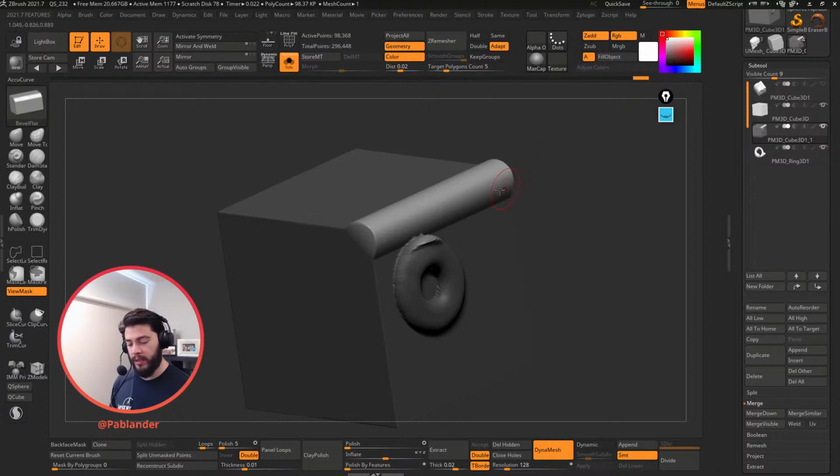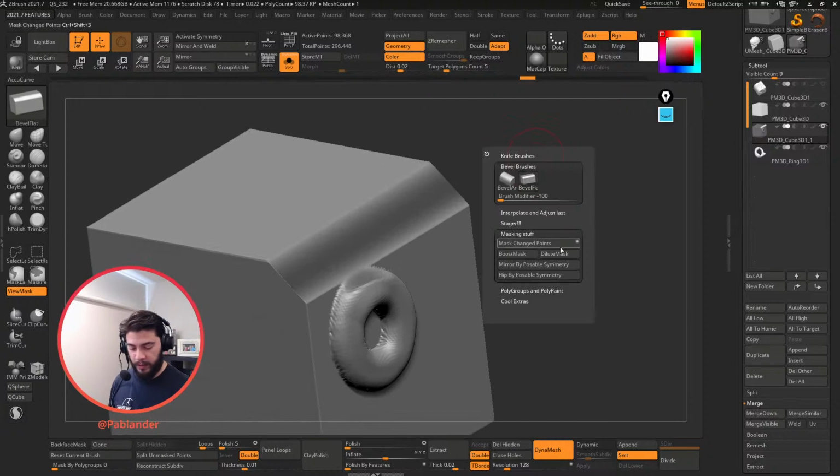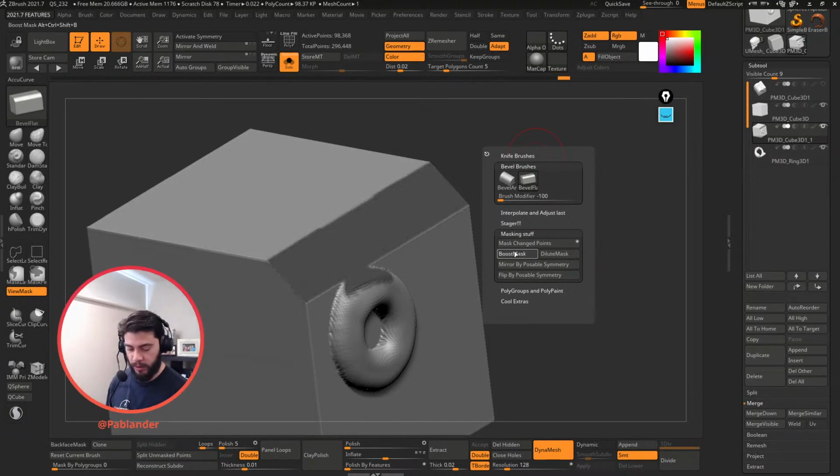Now, if you don't want the transition between the mask and unmasked areas to be as soft, let me undo all of that and go back to here. That's when the boost mask and the dilute mask come into play. The boost mask is the equivalent to sharpening and blurring the mask, but the big difference is that whatever you do, like the dilute or the boost, is going to be restricted to only the change points. So if I boost the mask, I can keep clicking boost, boost, boost, boost, boost many times,